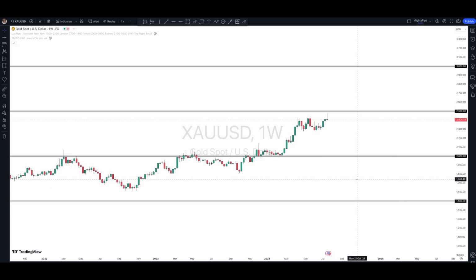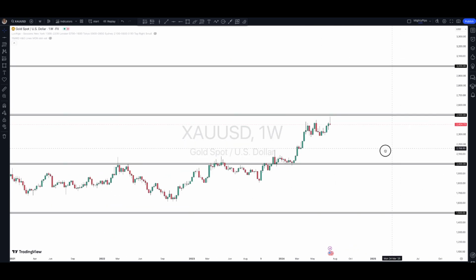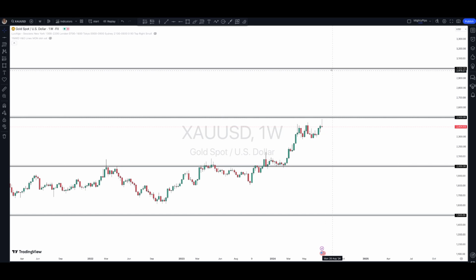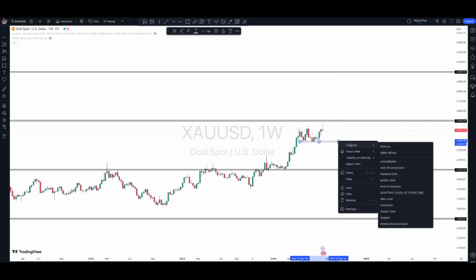weekly time frame. On the weekly time frame, I'm not looking for psychological levels because I already know these are the psychological levels I've drawn on the monthly chart. So what I do on the weekly chart is I start to do my basic analysis. By basic analysis, I mean trend lines, support, resistance. Here I can see that there is a small area of support,